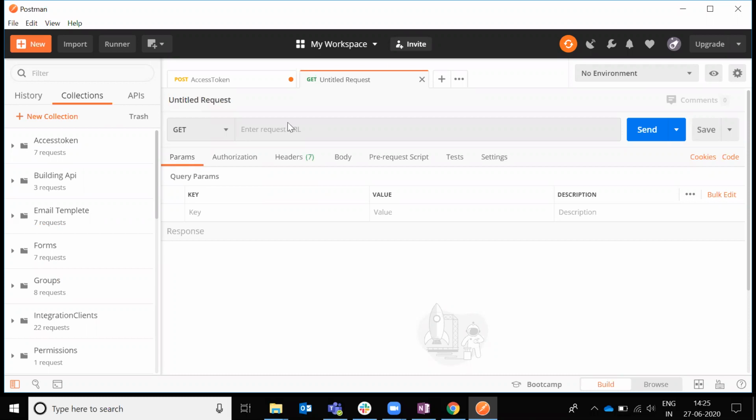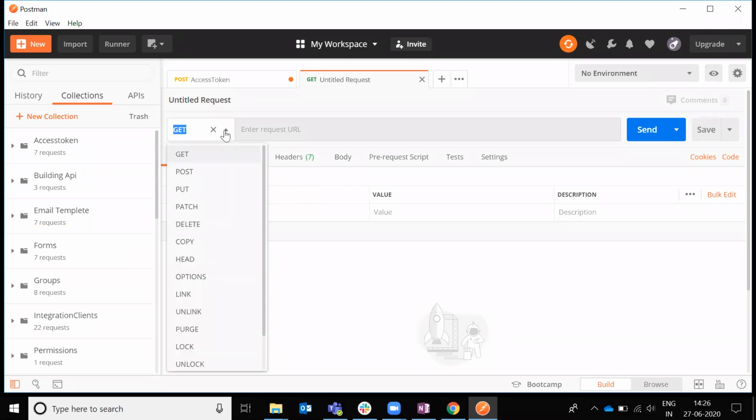Not required to do. See, this is a basic keyword. Here are the parameters. It will display all the parameters present in the particular URL. This is the method. I told you right, there are five methods: get, post, put, patch, and delete. Here these are the methods. And there are remaining ones also, but we are not using them much.